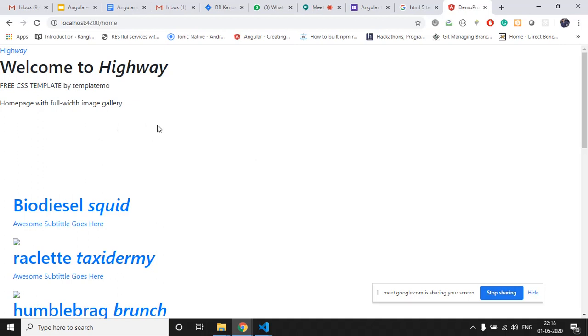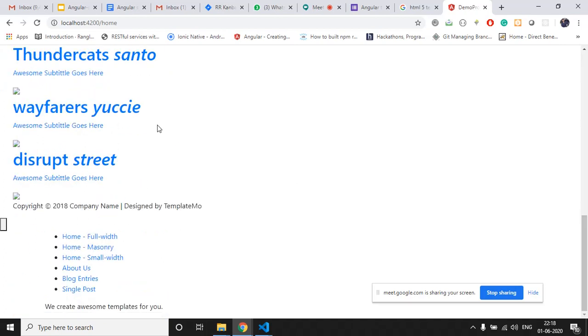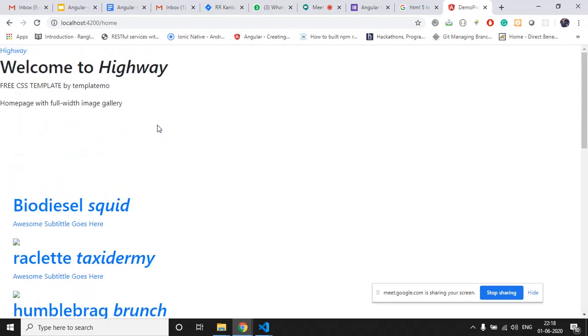But what is the problem here? That particular HTML page has its own external CSS, JavaScript and all other files, right? We have just pasted those external files into our assets folder, but we have not imported them into our angular.json file. That's why Angular cannot know that this page has those CSS classes present in the external CSS and JavaScript files.